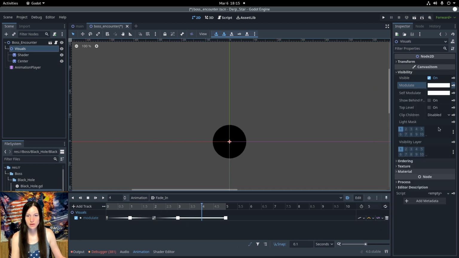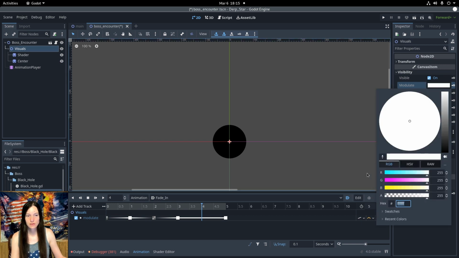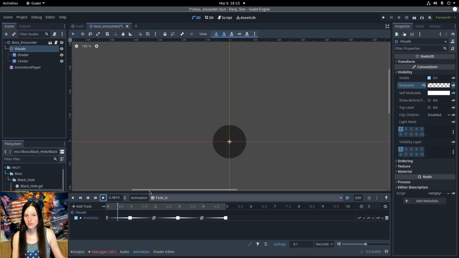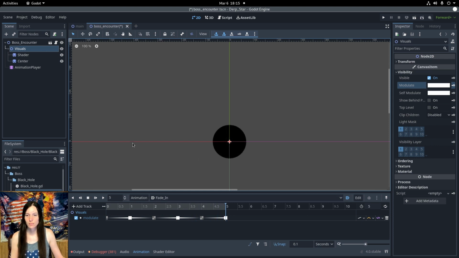So it alternates. And now you can see the center fades in and out, but as we saw before, this won't work on